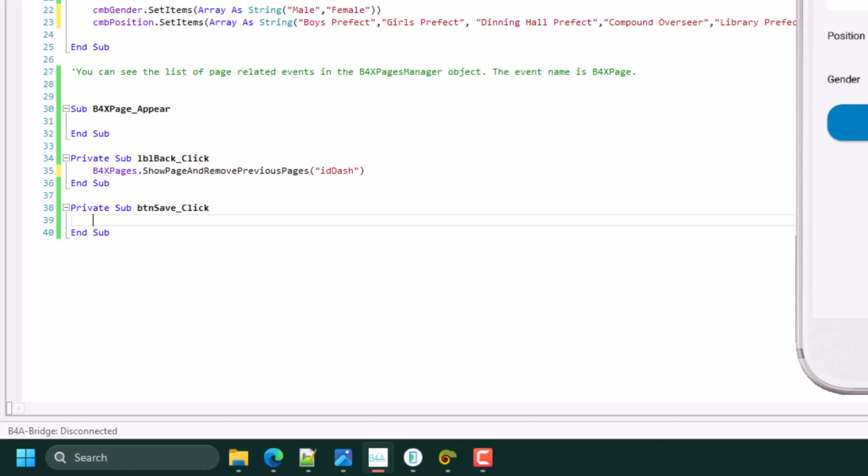So button save, it means you have to get the value of the text, first name.